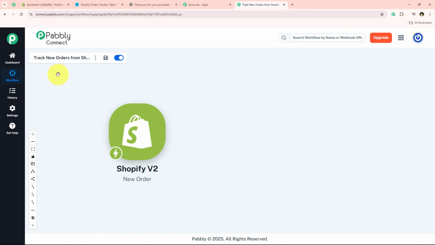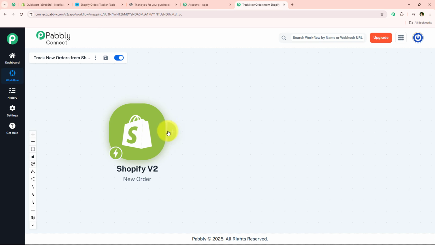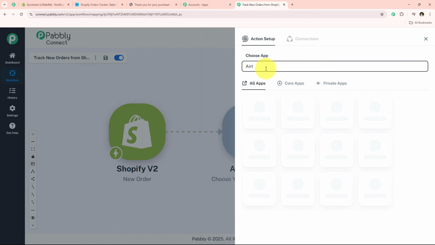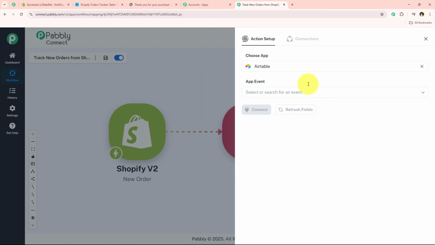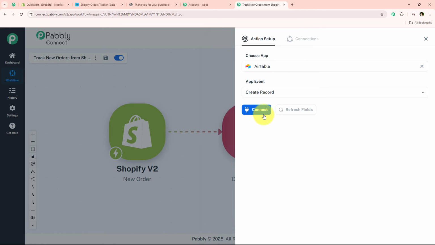And now whenever we're going to receive a new order, automatically this workflow is going to get triggered. Now I'm just going to move on further. I'm just going to add the order details into my Airtable. For that, I'm just going to add another action step. And now for the action application, I'm just going to simply select Airtable. So I'm just going to search for Airtable and select it. And now for the action event, I'm just going to simply select create record and click on this